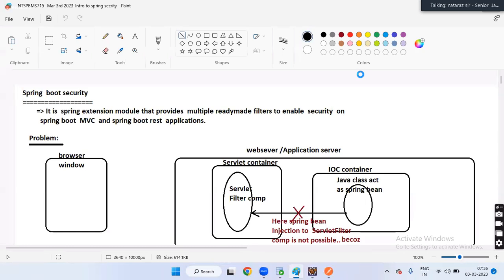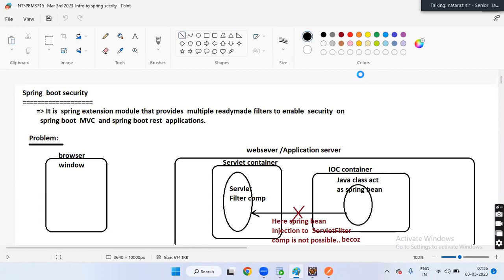I hope everyone studied that. Okay, long back, no problem. Not an issue. First of all, I'll revise some common discussion. Then I will link with Spring Boot.